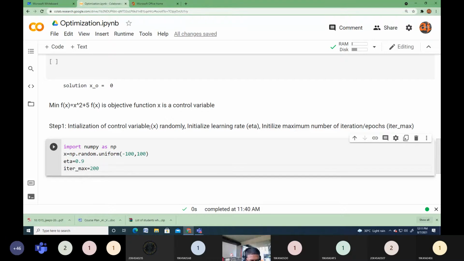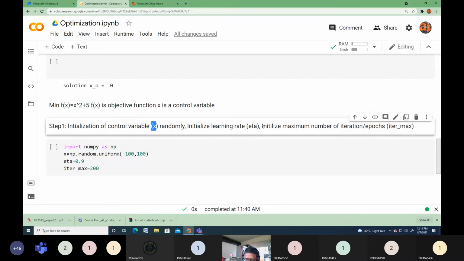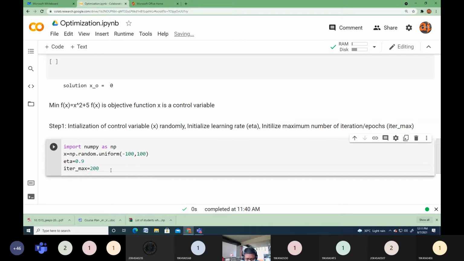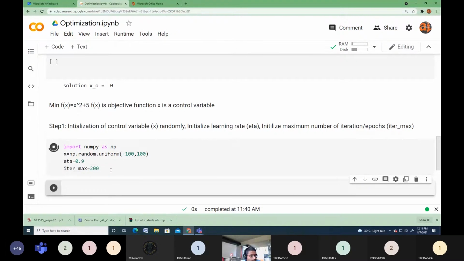So I have initialized my x value, the eta value, and the number of iterations. Hope everything is fine. Done. This cell is completed.